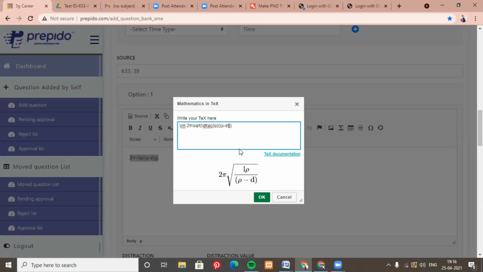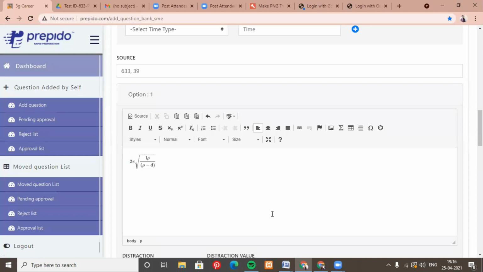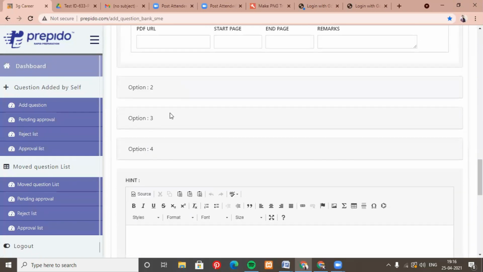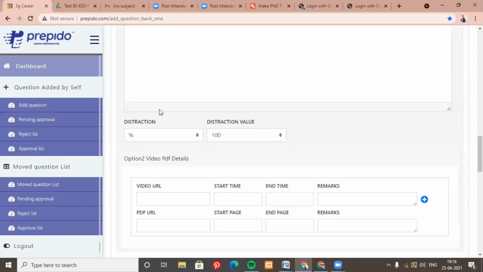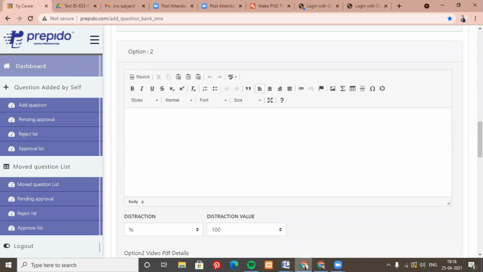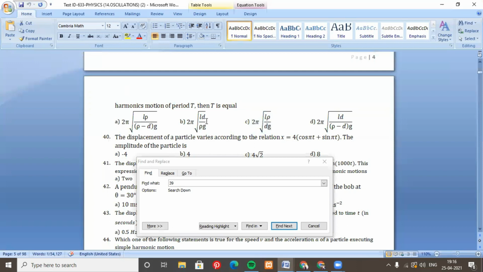So now it is edited using the math tool, and then you press OK and it gets entered. And don't forget to convert it into Roman. It is very important. Then the next option.